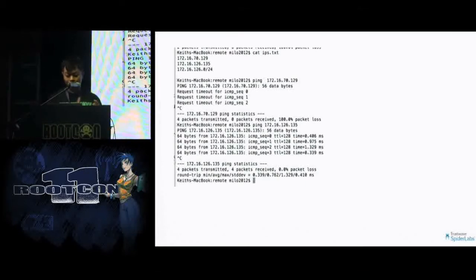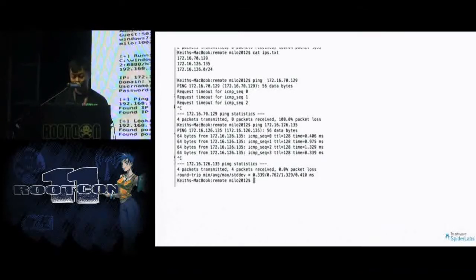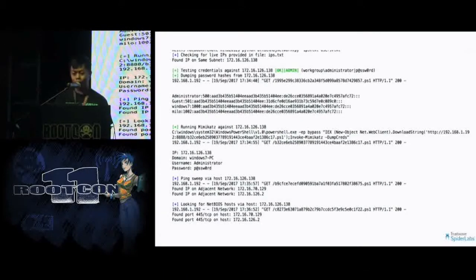So there are first two IPs. The first IP we do not have access to, we can't ping it. The second IP we can ping, so we have direct access to it. So it's easy to compromise the first box, but normally it takes quite a while to find a route and jump to the next box in the secure network. In this screenshot, we're able to compromise the first box, dump the hashes, dump the passwords, and then we use these passwords and hashes